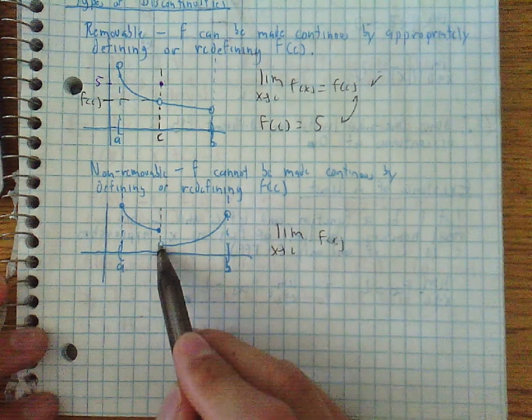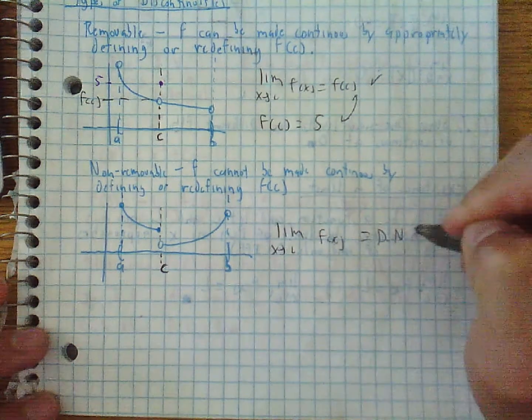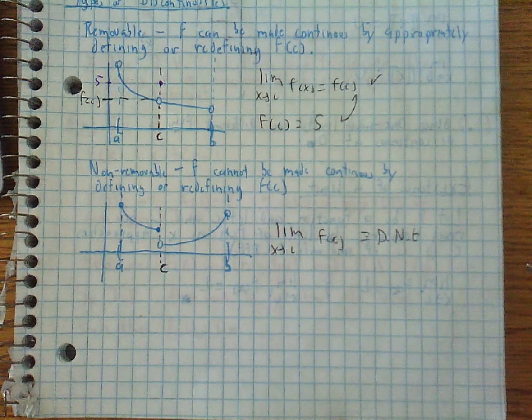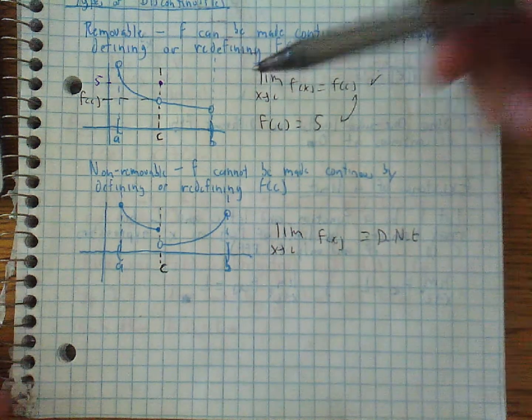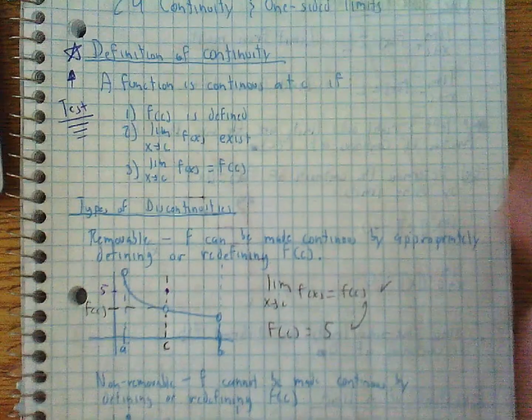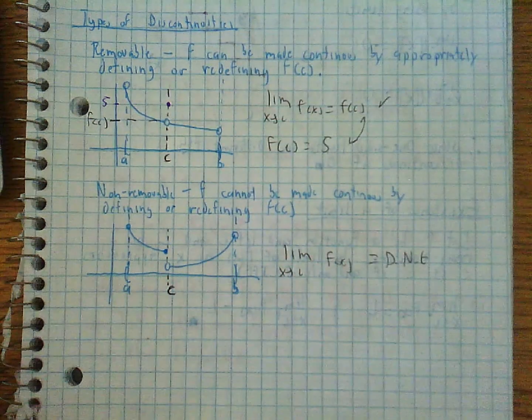And from the right side, I'm approaching a different y value, whatever that might be. So the limit is not going to exist there. And the moment that it fails this, then it's enough for me to say, hey, you know what? This limit doesn't exist. Okay? So hopefully the explanation of continuity was aided by you understanding what it means to actually be